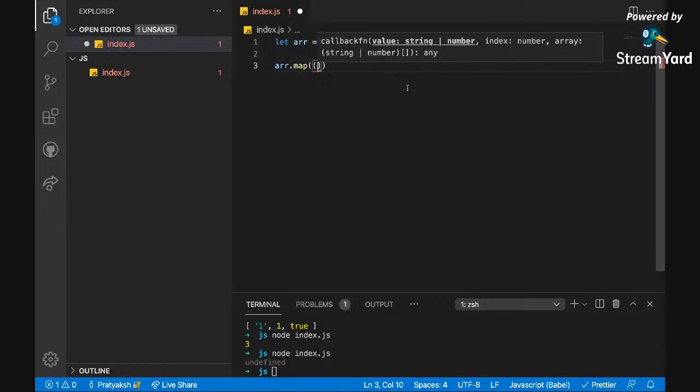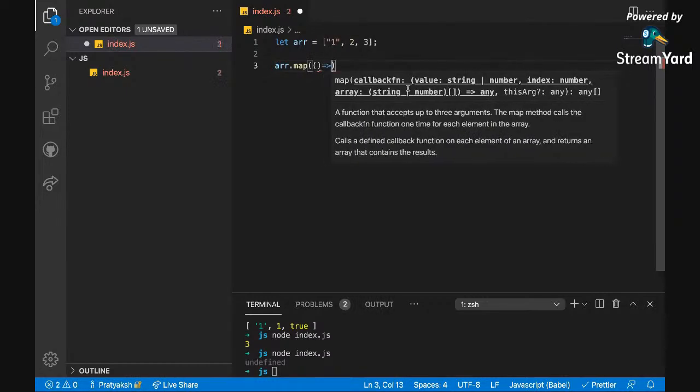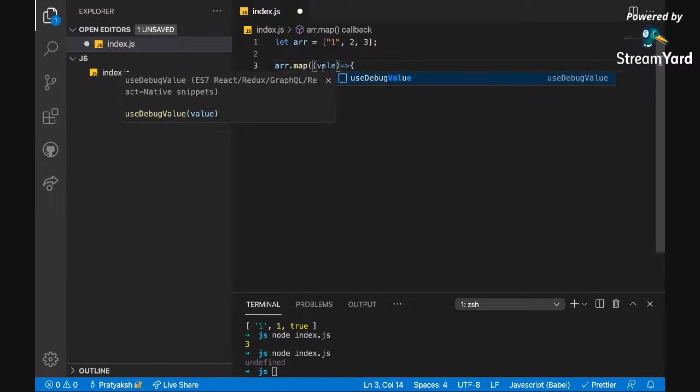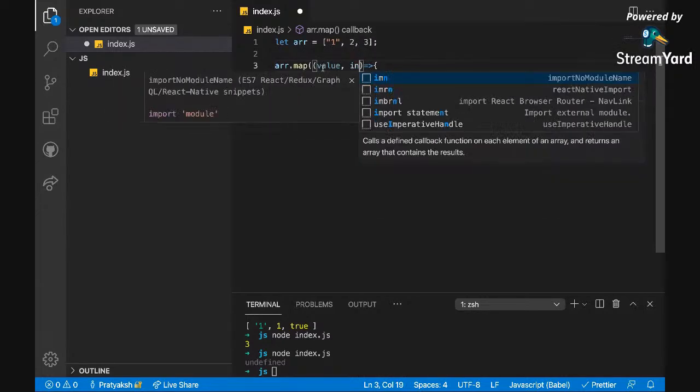First it takes a callback function, so let's make one. A callback function is a function that is used inside a function. Hope that is clear. The map is a function, and I am going to call a function inside it, and this has two values. It gives us value and it gives us index.